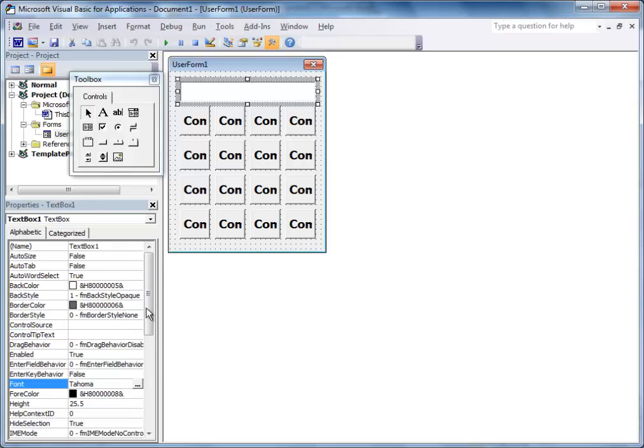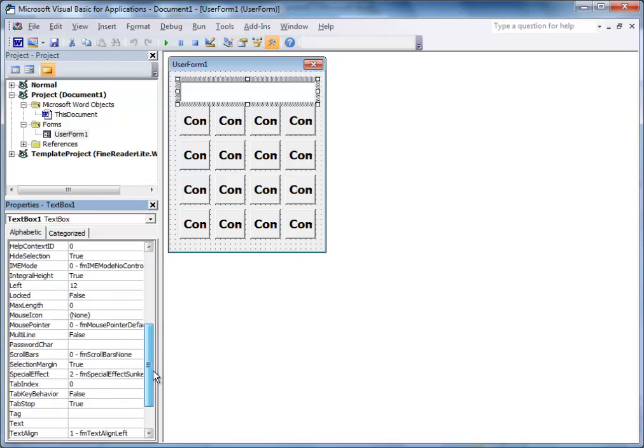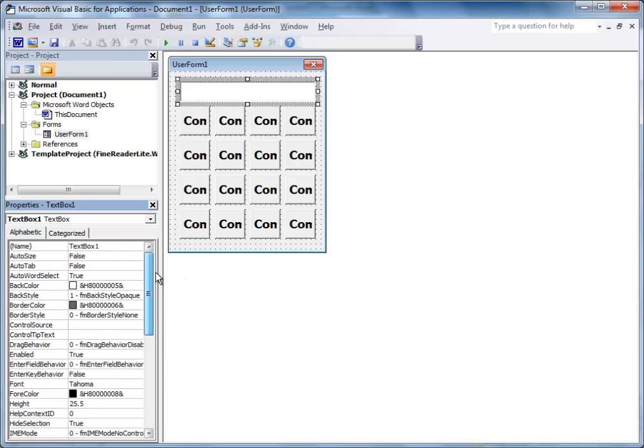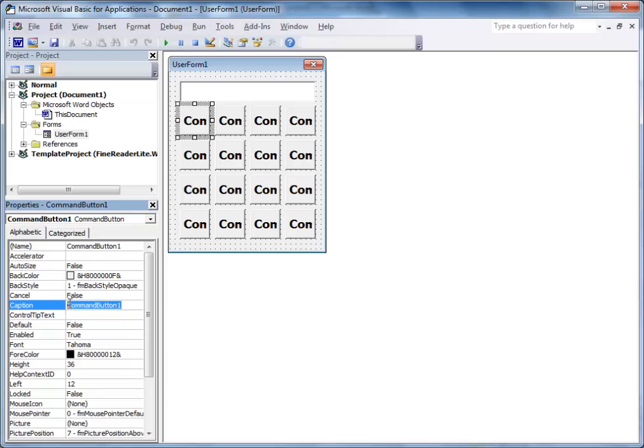So for my display, the display is called textbox 1. I just won't bother changing that name. Just leave it there. But the alignment for the display, I want it to be aligned right. Okay, and that's it for the display. Now for the command button, here is called just type in 1 there and repeat exactly the same thing for